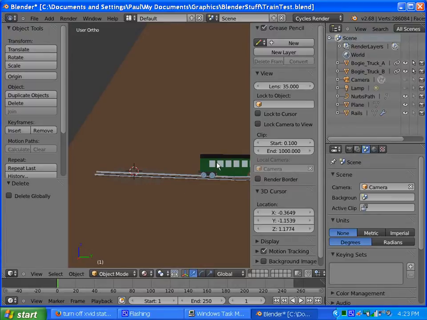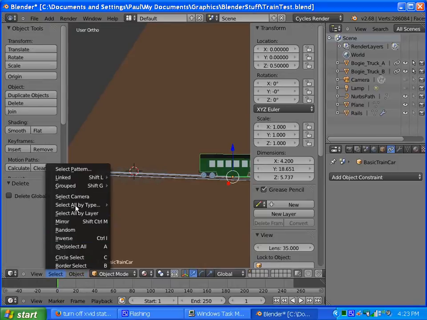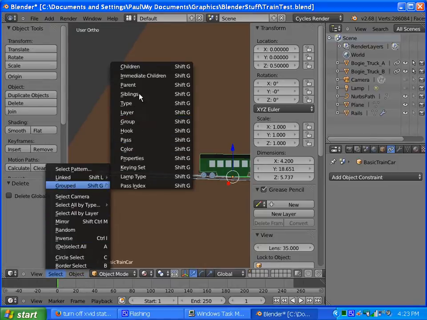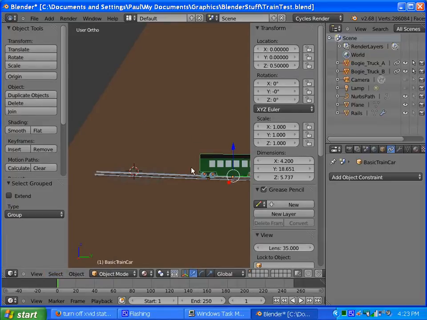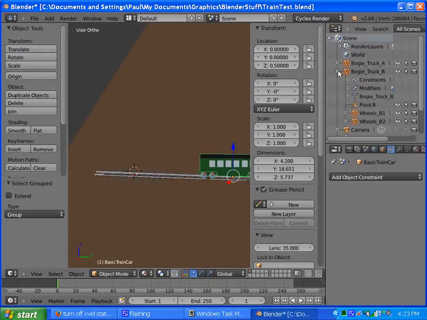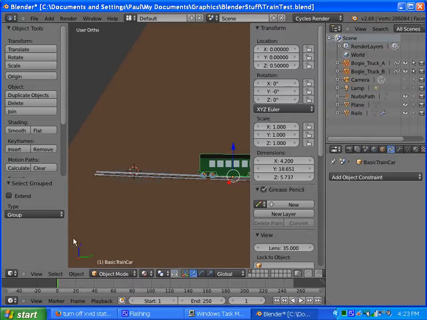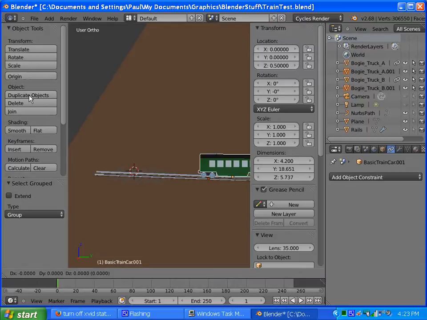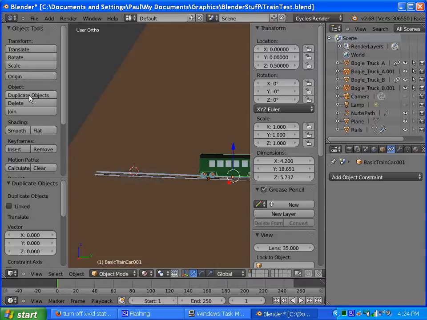Let's try this again. Let's select the train car. Select the group. One more time. Come on, let's get it right this time. Group. Alright. Let's duplicate it. Everything should be selectable. Yes, I think so. Let's duplicate it with a movement of 0. Set 0 so it doesn't move. And then